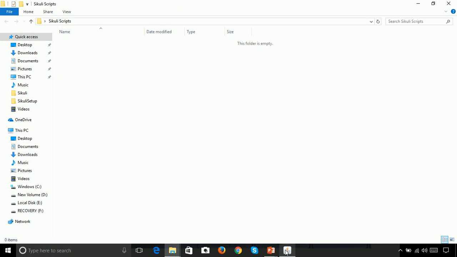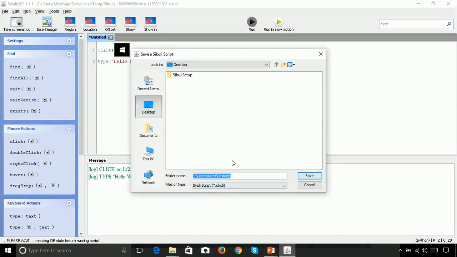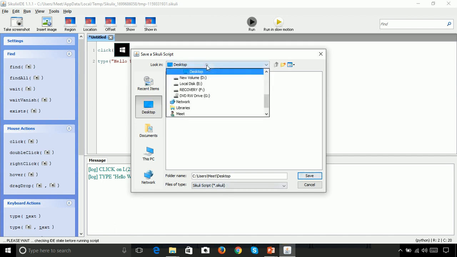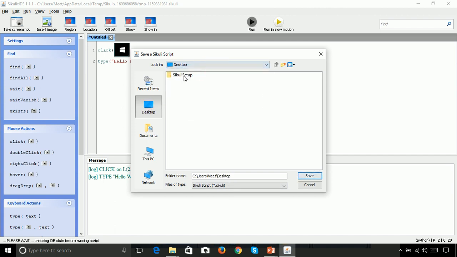Now let's go back to the Sikuli IDE and then select that folder, Sikuli scripts. In that folder, give a name. Our demo is the Hello World demo, so let's type Hello World and save it.